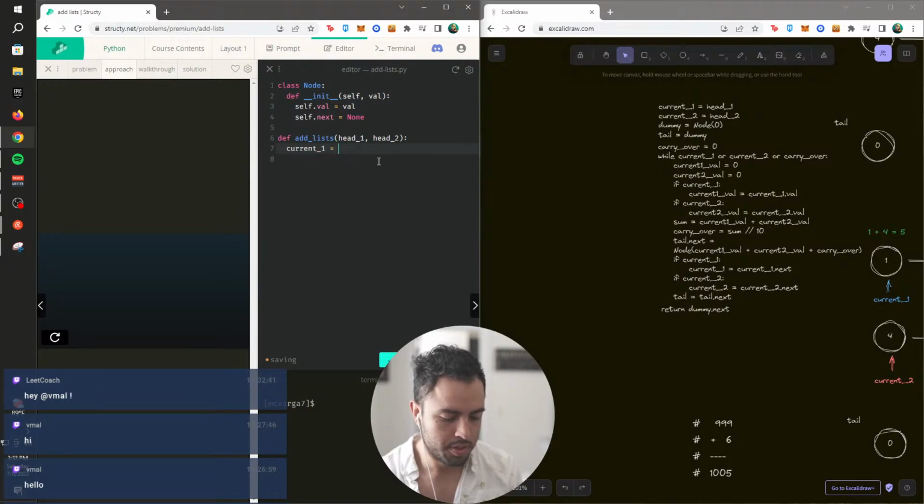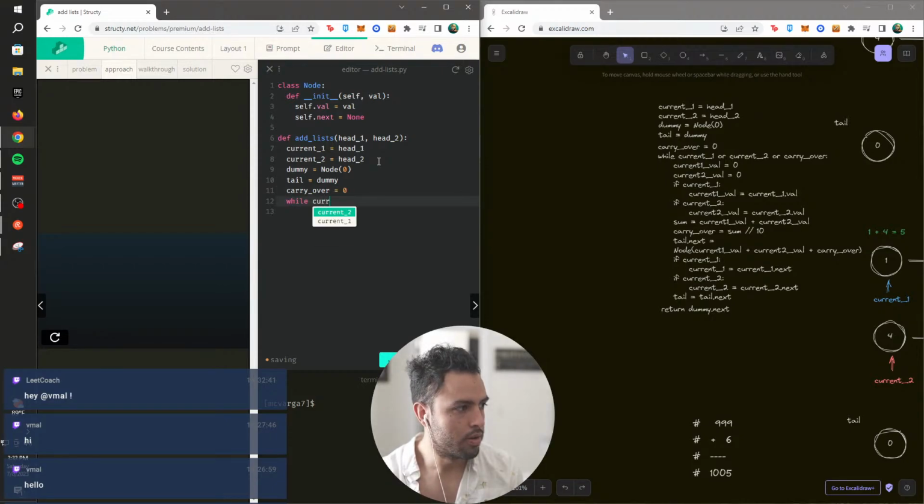Current 1 is equal to head 1. Current 2 is equal to head 2. Dummy is equal to node 0, and tail is equal to dummy. Carryover is equal to 0. We say while current 1 or current 2 or carryover,